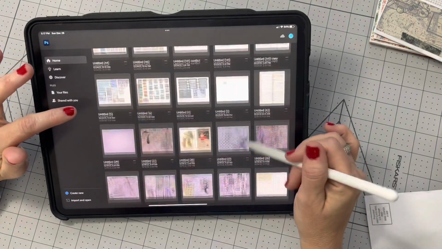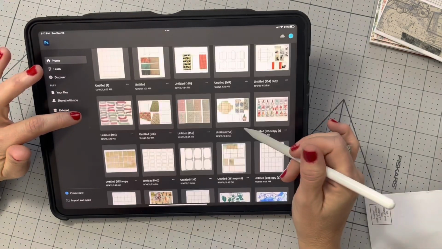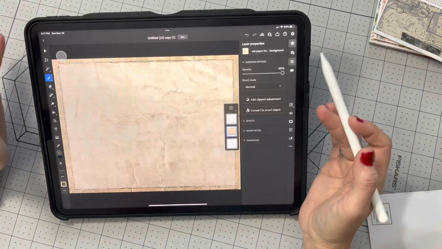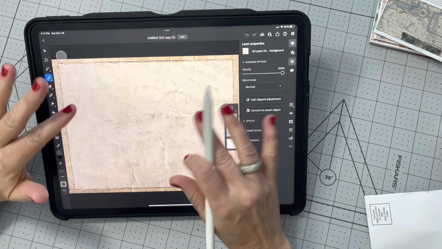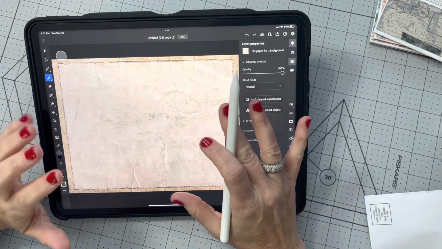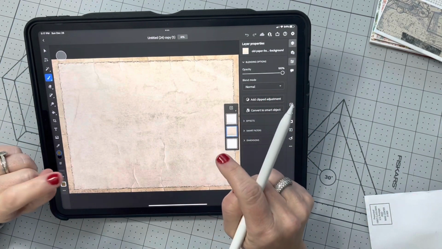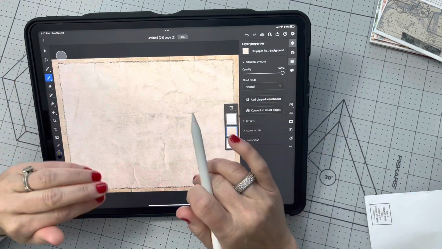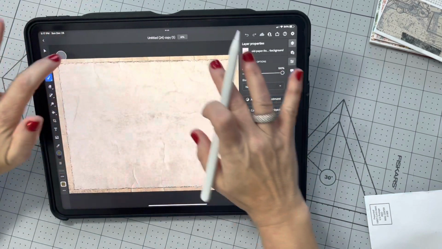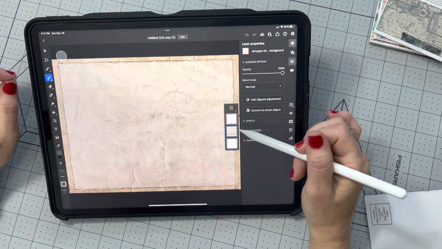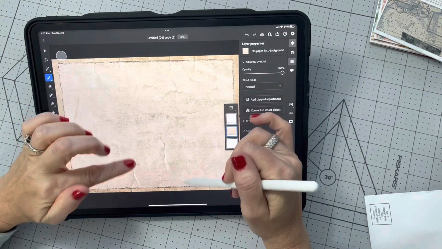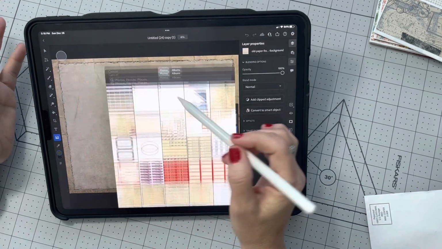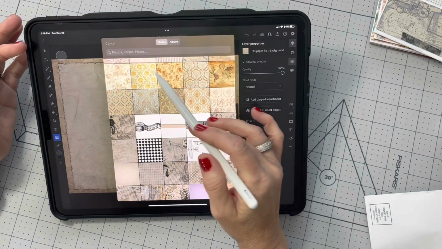I know another question I had was, where's it at? This paper, how I can have layered a lot of my stuff. This was a file. I want to say I got this file off of Freepik. I don't remember, but it was a single file. But what I'd done is I deselected layers of it. I duplicated, then I selected the middle, then I selected the edges. So now I have two different files here. Even though it's the same paper,